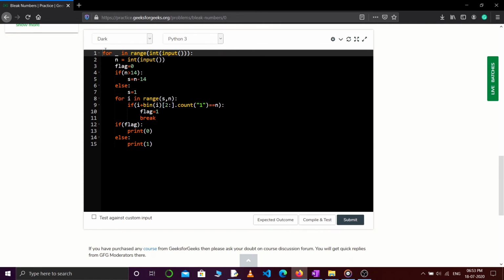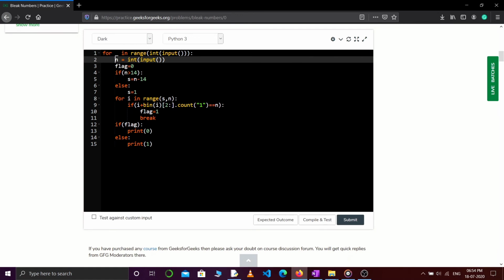Here we are initially taking input for t test cases, then input n. We have to tell whether this n is going to be a bleak number or not. Then I'm checking if n is greater than 14 or not. If it is greater than 14, then we'll set the range from n minus 14 till n, and if it is less than 14, then we'll set the range from 1 to n.